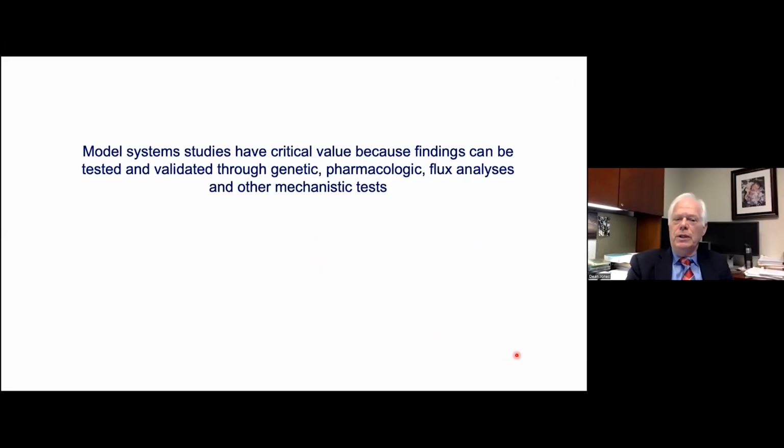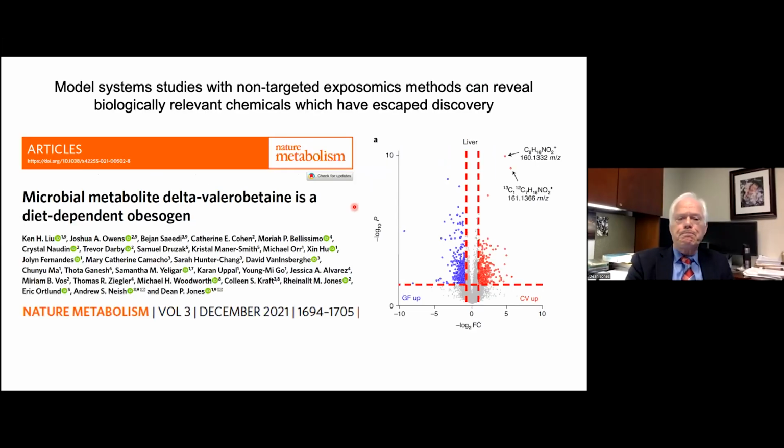The value of these model systems really is that you can test those network structures. And you can do this through genetic manipulations, through pharmacologic manipulations. You can use flux analysis, so you can actually determine whether there's a change in the rate of that beta-hydroxybutyric acid metabolism. And so you can do other mechanistic tests. And so this is the real value. Now,